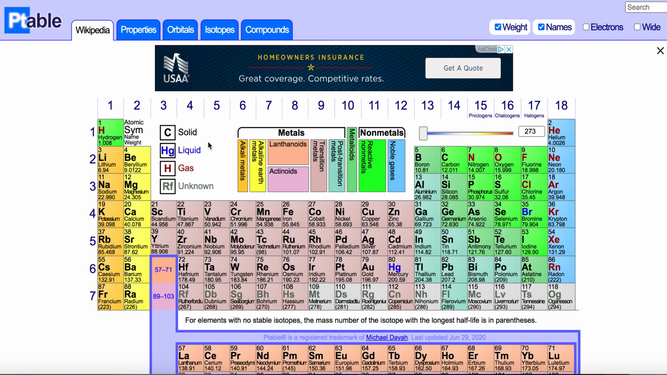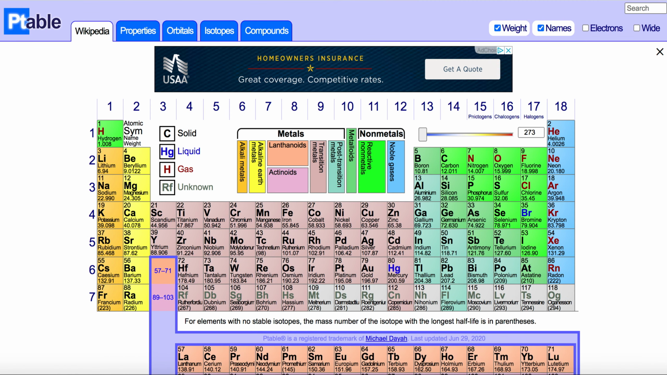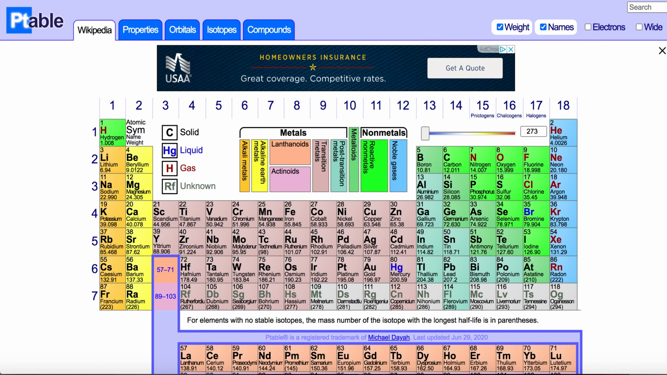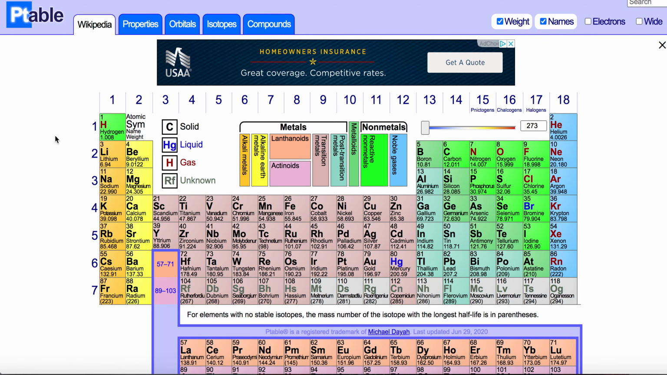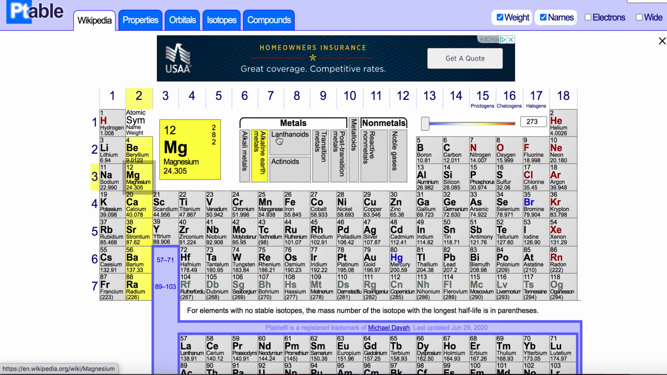I wanted to show you PTable.com. So that's just PTable.com. Very easy to put into your browser. And it's got everything. And I waited to show this to you till we got to the point where it's super useful. So there's a general layout, shows you all the names, shows you kind of where they're at, which